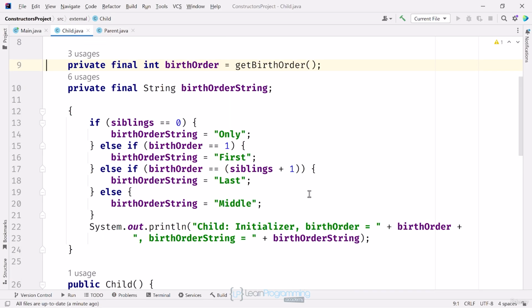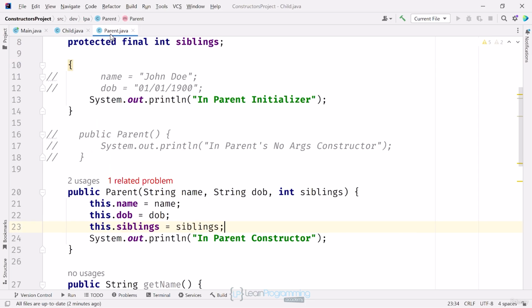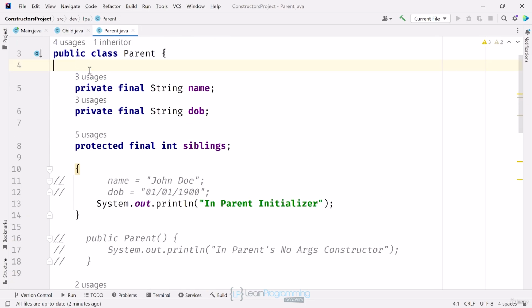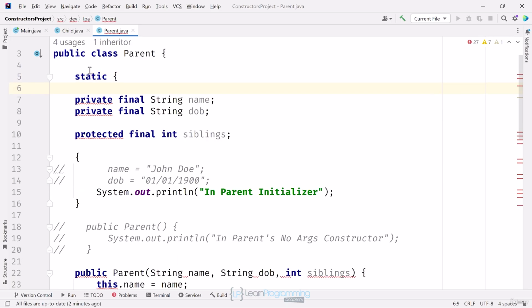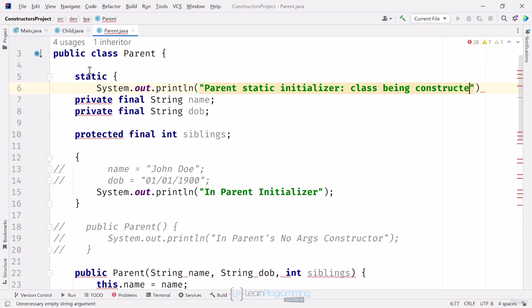In addition to an instance initializer block, there's also a static initializer. This block of code lets us initialize static variables and is called as part of the class construction. Hopefully you'll remember there are no static constructors, so this is a way to include code you want to occur while the class itself is being initialized. I'll add a static initializer to the parent class. The static keyword is very important and the only differentiator between a static initializer and an instance initializer. I'll just print out that this is the parent's static initializer and the parent class is being constructed,